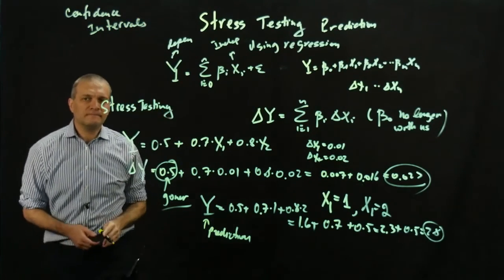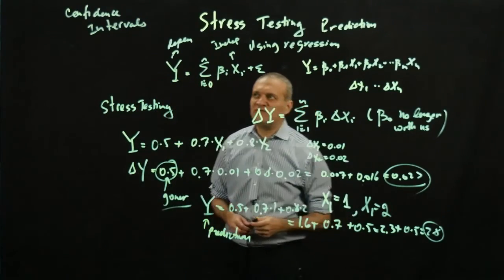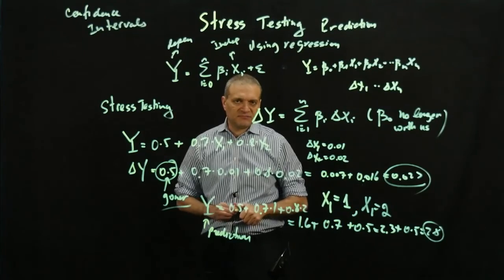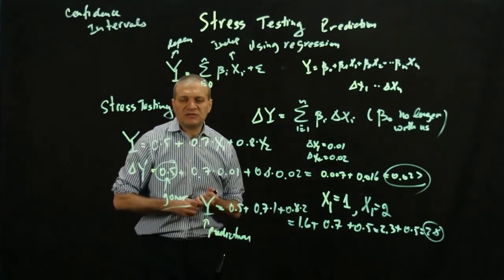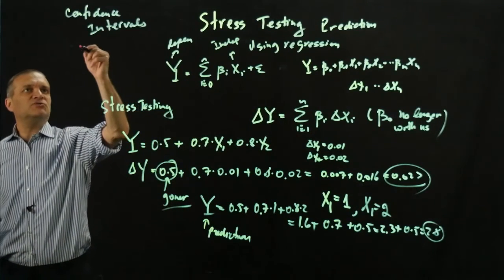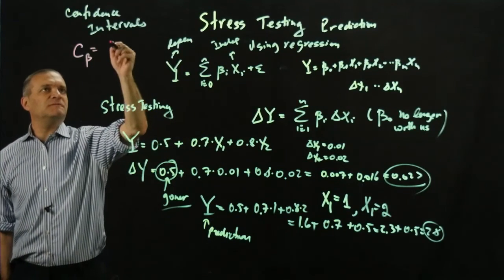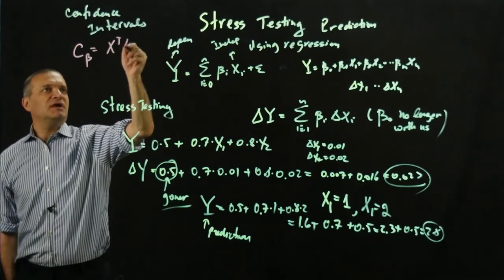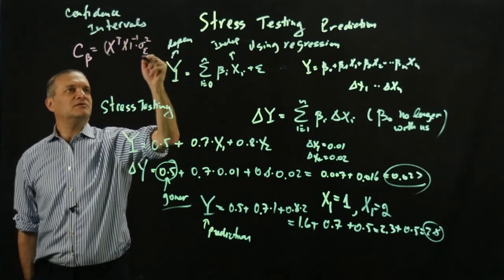Okay. How do we calculate the confidence intervals for this, right? For the changes and for the predictions, right? So first of all, for the prediction, remember that you have the covariance of beta. So, in this case, it will be basically X transpose X inverse times sigma square, where this is